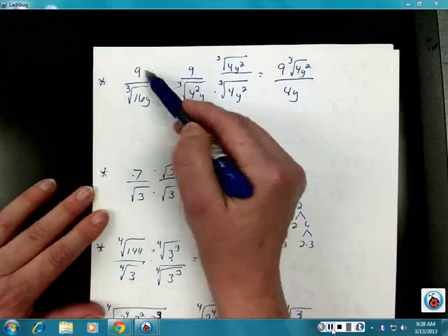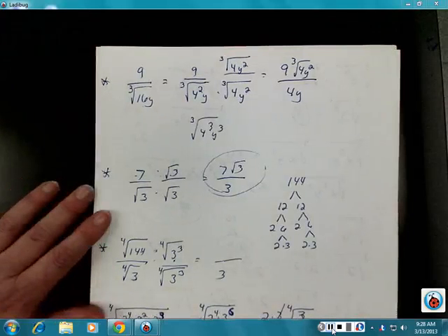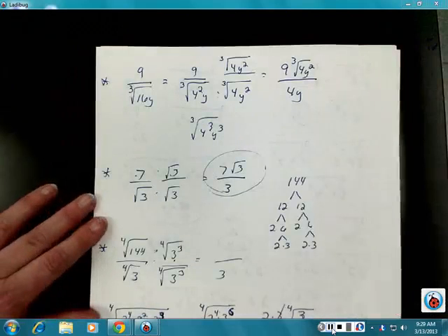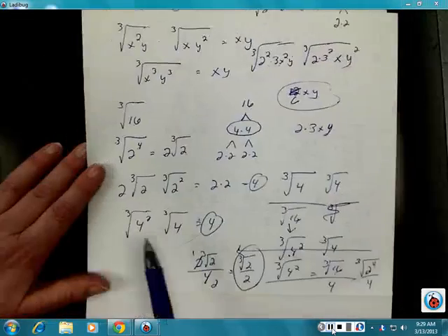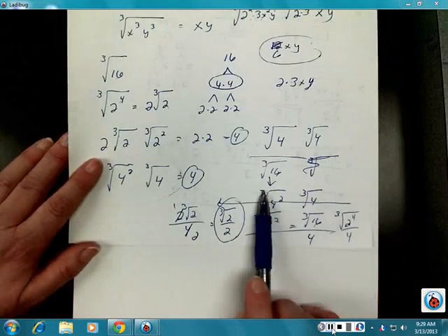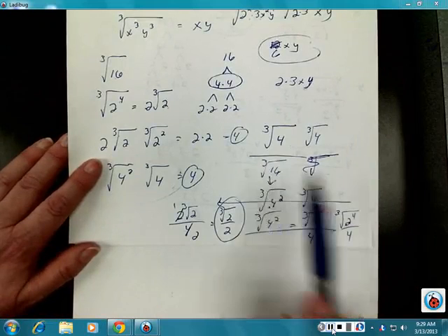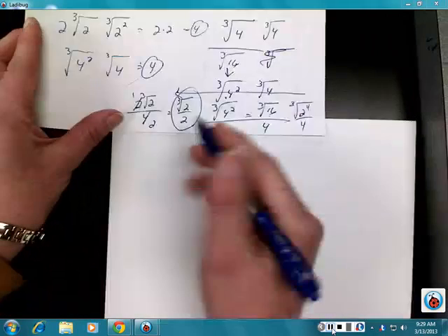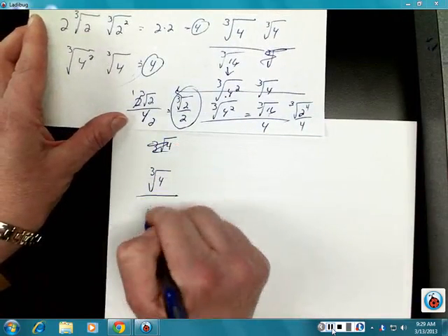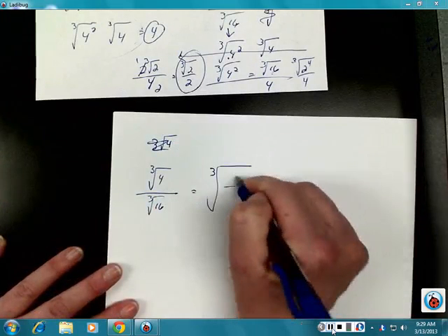Because if you went back to the one that we had with the 9 and the 16, of course there's no radical on the top, but they wouldn't cancel. Some of those do cancel. Other ones won't cancel. And back here, would this one have canceled? Yeah, you bet. Because if I would have taken that problem and put the cube root of 4 over the cube root of 16, if I put this all back together,